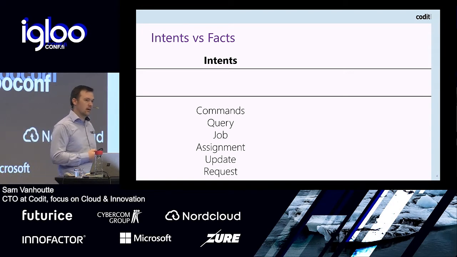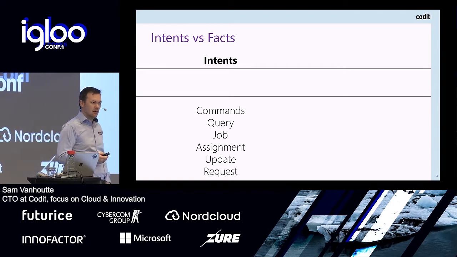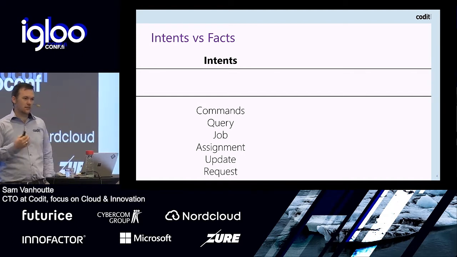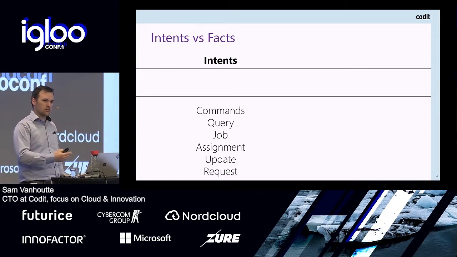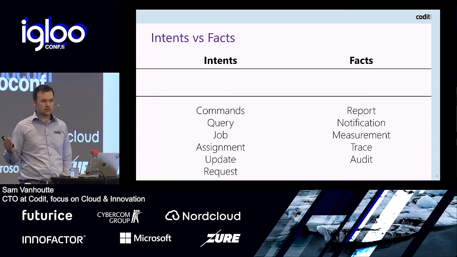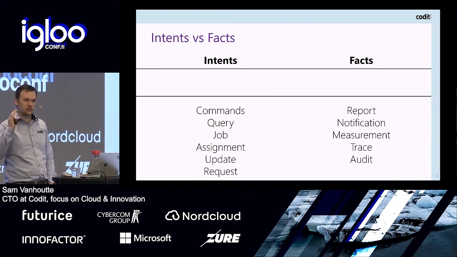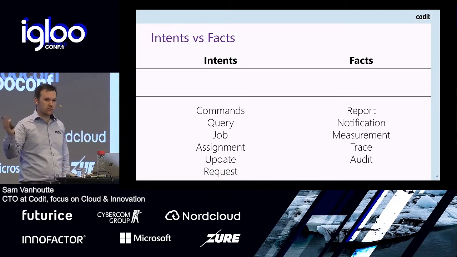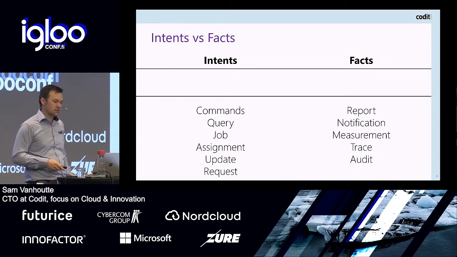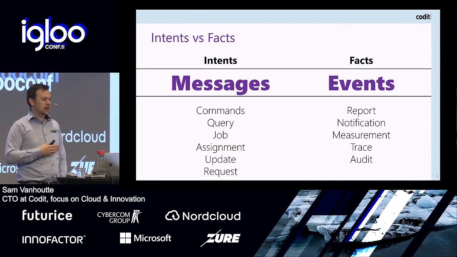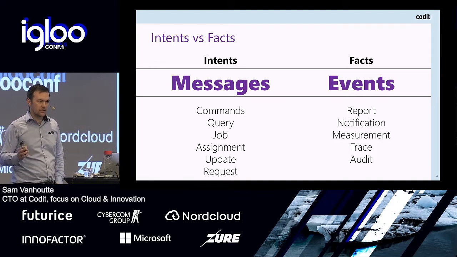So the first thing you quite often see in applications is intents. Like, I want to create a sales order. I want to schedule a job to do something. That is myself as an application or as a person declaring that I expect something to happen, right? The other side, quite often you have facts. Think about telemetry streams and IoT and so on. These are just facts. The light is on. Temperature is 25 degrees. These are log files that get filled at web applications, right? So that's a big difference. And you could say that on the left side, you have the messages. On the right side, you have events.